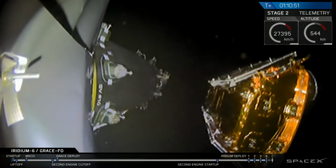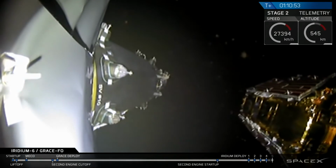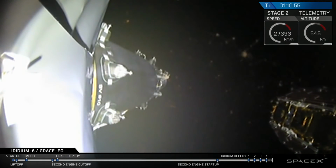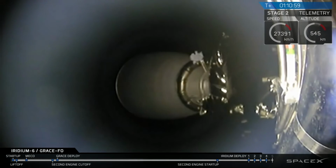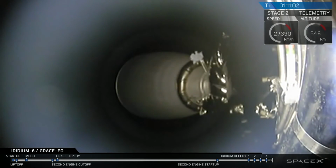Fifth Iridium satellite payload deploy confirmed. A nice view of Iridium deployment off of the dispenser. That'll leave us with 1 more to go out of the 5 Iridium Next satellites carried on this mission. That'll come up in